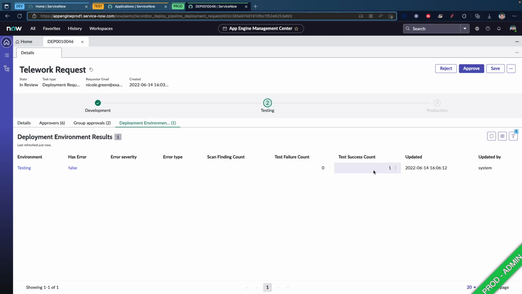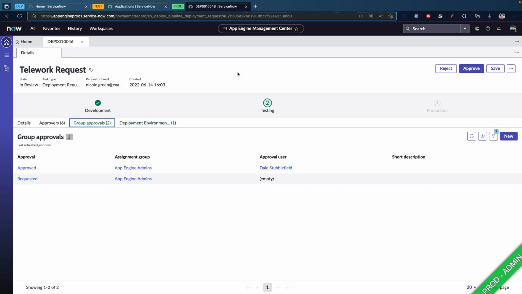It also, if we go back to prod, we can see there is a deployment environment results record that shows us that there was a successful test, no failed tests, and so we've now moved it to test. If we wanted, we could do some manual UAT at this point on top of the automated testing, but in my case, I'm actually okay with what Nicole has done, and I'm going to go ahead and approve this to